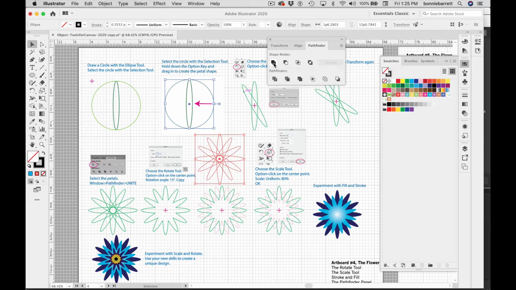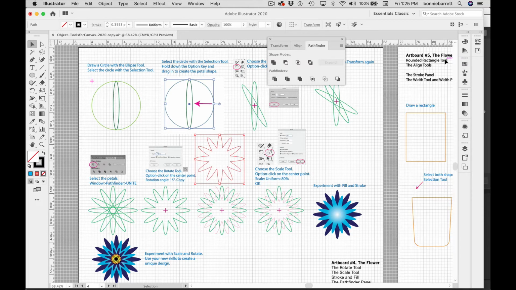So I'm going to click here on the very first option, which is Unite, and you'll see what it does is it merges all those shapes into one. So that is exactly what I wanted. Now next, what I want to do is copy and rotate the shape I've just created